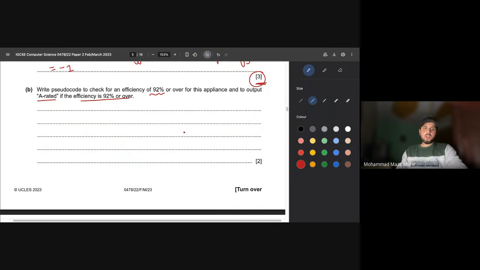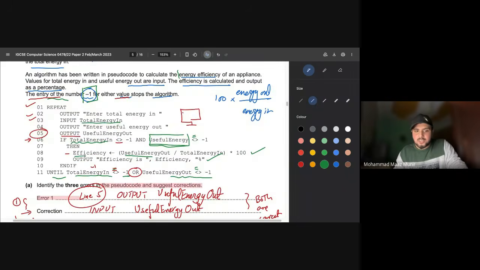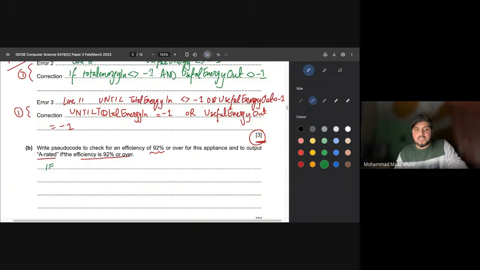Continuing. Now it says that we need to modify this current code by just specifying one part of it. We don't have to write the whole code, it's just asking how will I check for an efficiency of 92% or over? Easy peasy, guys. It's just normal conditional logic. So I would say, okay, if this efficiency variable, because I saw that the efficiency is being stored in this variable, right? So I would say, if this efficiency